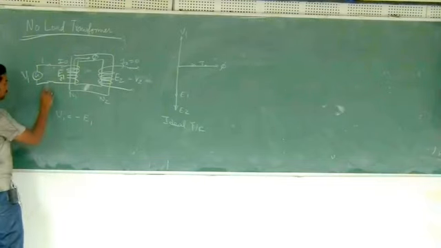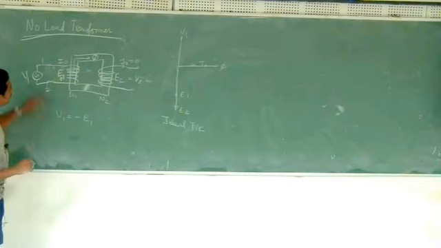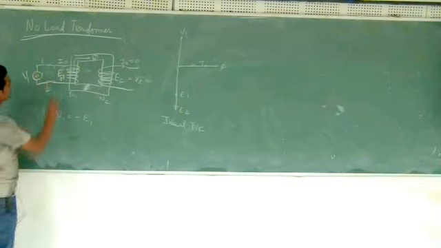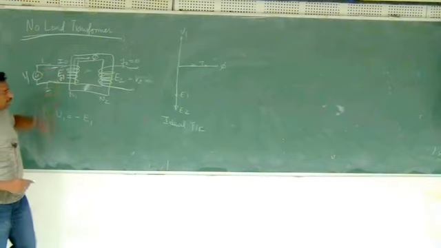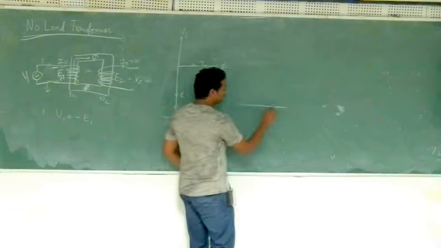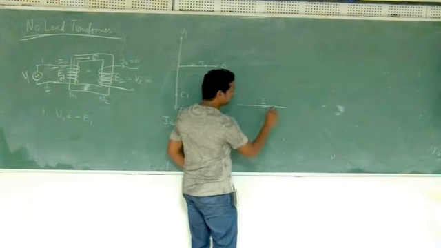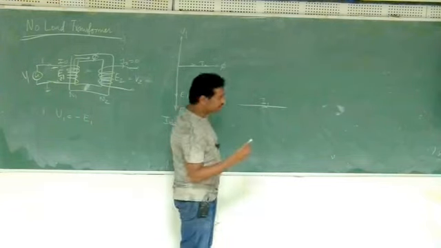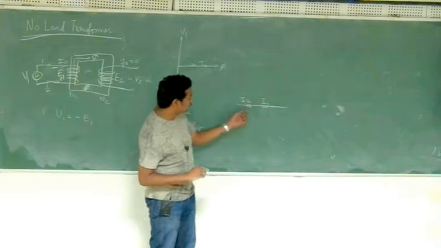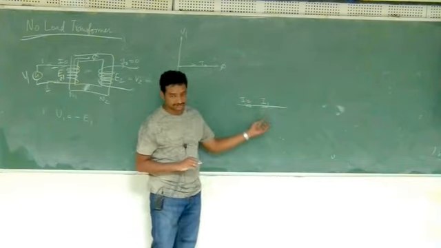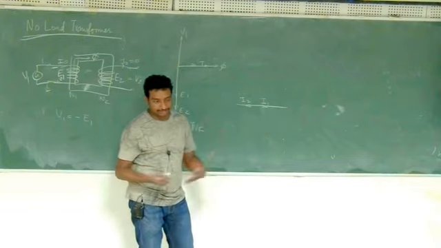See, even if the ground is the same, I can always define this as positive and this as negative. Then, like there's a wire, I can define the current like this, I1, or I can define another current, something like I2. So which one is correct? Is I2 the current or is I1 the current? It can be both.